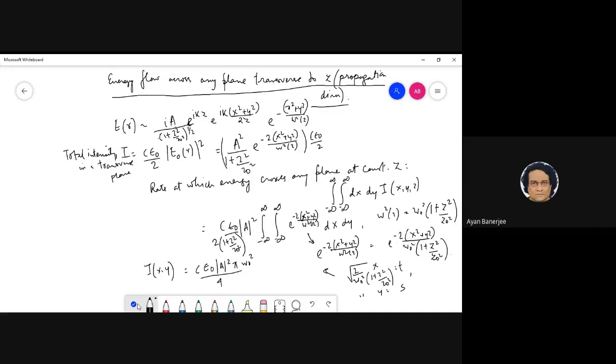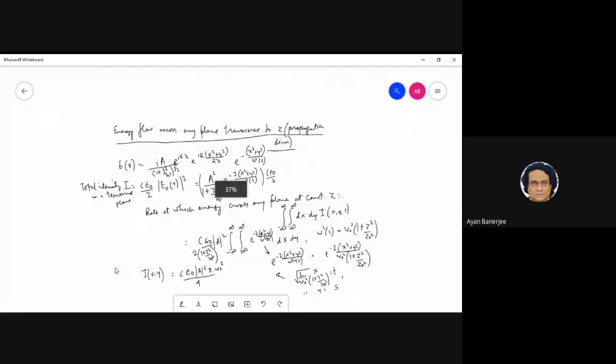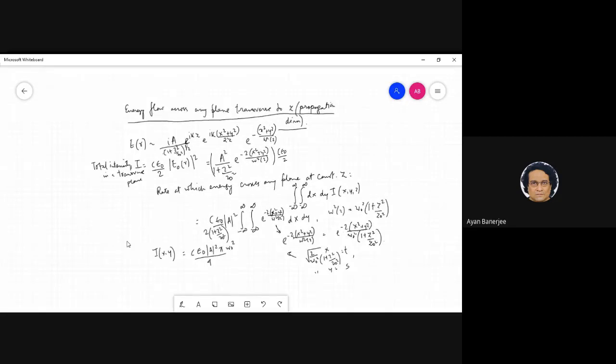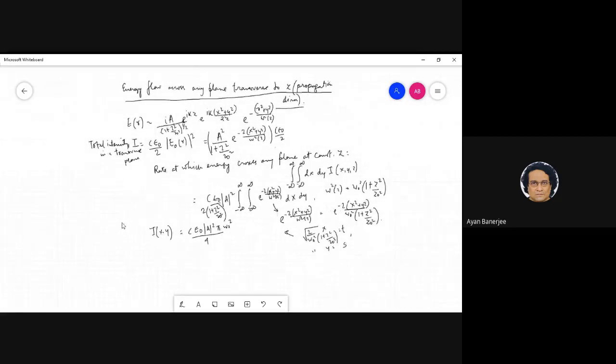Yes, sir. Very good. What is interesting, something very nice that we are getting, that is very consistent: remember that this is at some constant z, the transverse intensity at some constant z. So it's not dependent on z. Absolutely. That is the key takeaway, that this is not dependent on z, and that is